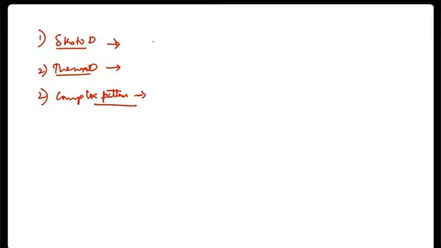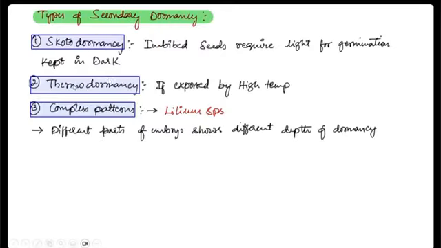Scotodormancy is something that is related to light. Thermodormancy is something which is related to temperature. Yes, Archie has answered it right. It is light and temperature. Scoto is related to light, and thermodormancy is related to temperature. Scotodormancy is where the imbibed seeds require light for germination. In dark conditions, if they do not germinate, they are called scotodormant seeds because they require light for germination. But in the case of thermodormancy, it only exhibits dormancy when the seeds are exposed